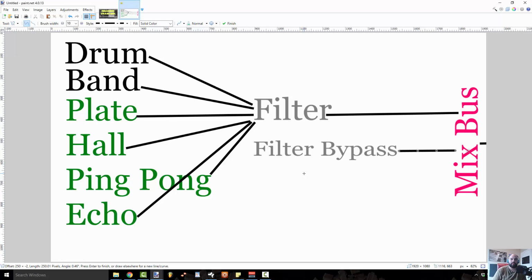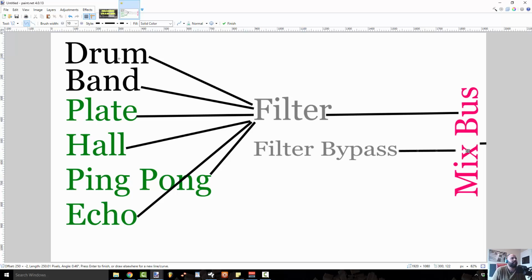So the most important part of mixing is signal flow, and signal flow is something that you probably don't even know to research on YouTube. There aren't a bunch of videos about signal flow. There's a bunch of videos on how to crack Nexus, but you can crack Nexus. If you don't know how to route your signal, you're not going to be able to sell a damn beat. So